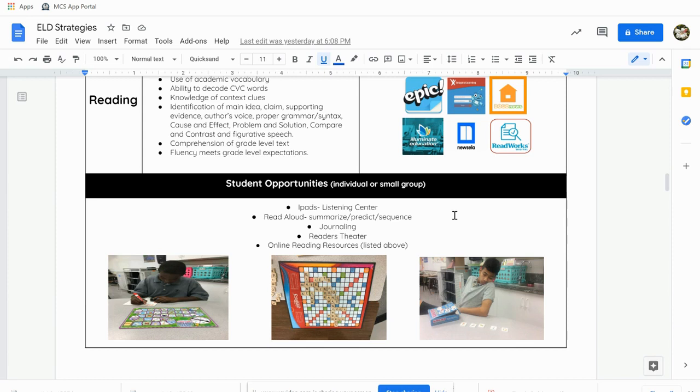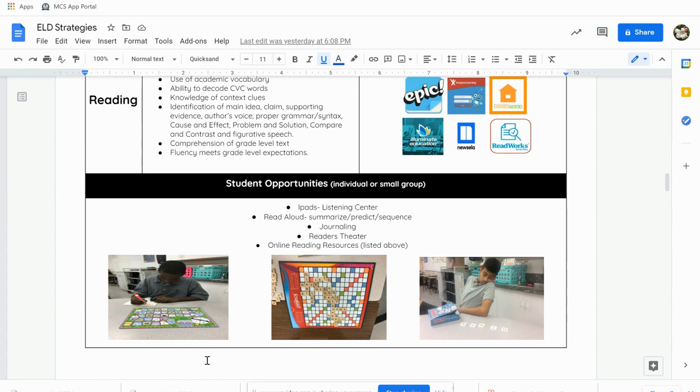So with all of these types of games, please do not think that, and I know many administrators walk into a classroom and see this and have no idea what is going on and think that the teacher is just taking a day off. That is not what is going on. What is happening is children are actively learning how to spell. They are getting advanced vocabulary. They are also learning how to communicate, right? And they're learning how to collaborate with peers as well.